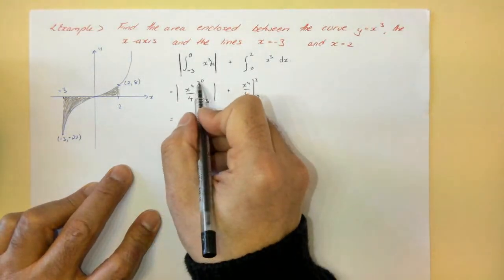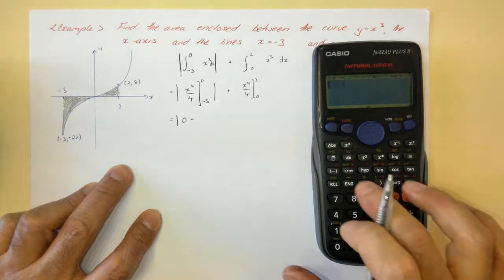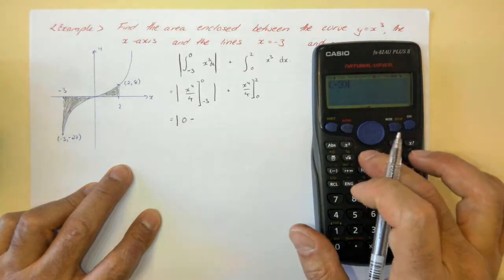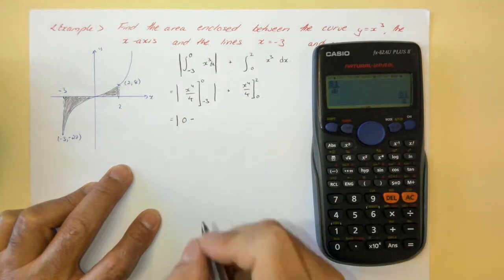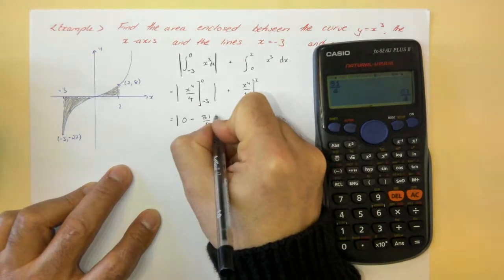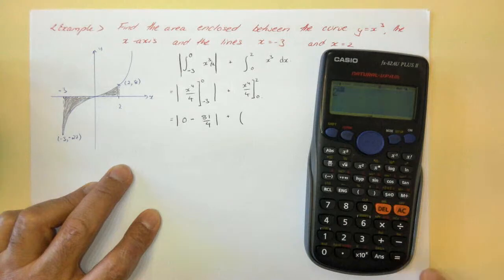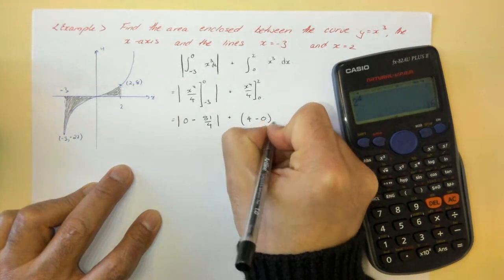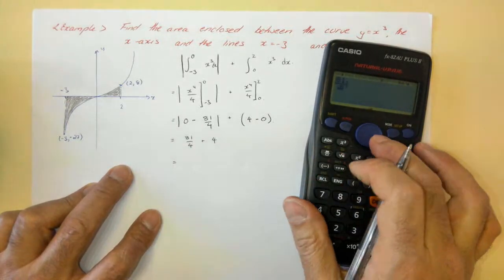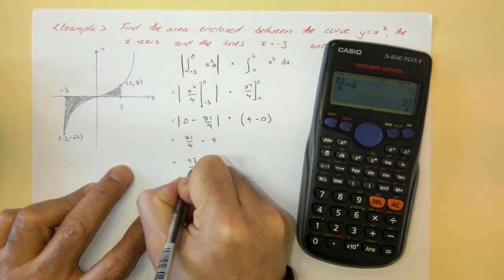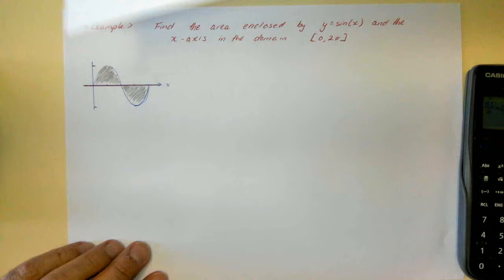So doing the first part, I've got the absolute of 0 minus -3 to the power of 4, which is 81 over 4. Okay, and we're going to add that to 2 to the power of 4, 16 divided by 4 is 4, minus 0. So really we've got 81 over 4 plus 4. Gives us 97 over 4 squared units. Okay, taking it bit by bit. Alright,